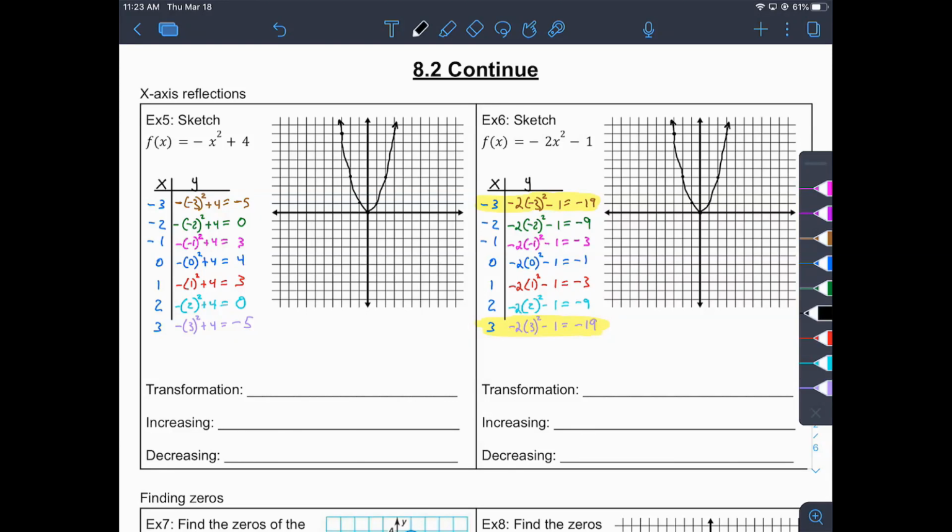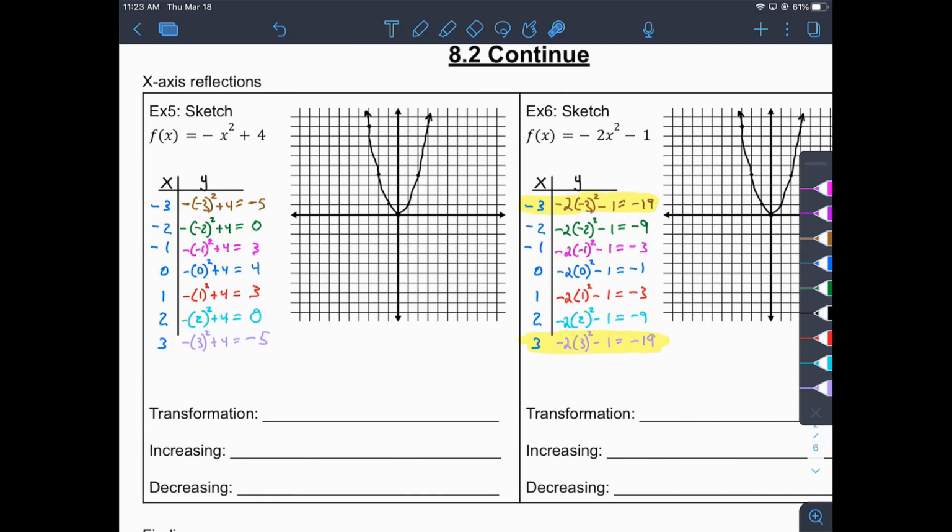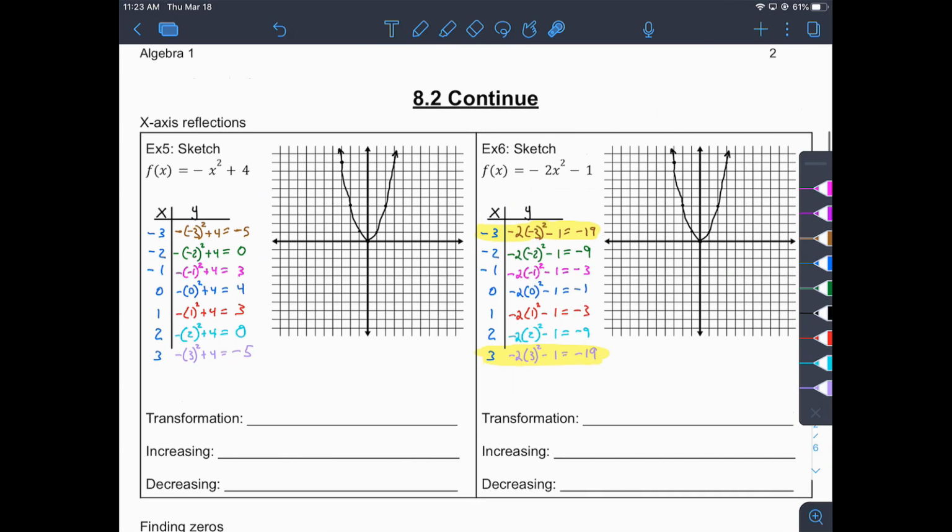All right, so let's go to this idea of having a negative be a part of the A value. What does it do to the overall graph? Because so far we've talked about the shifting of the C value, how the positive moves the whole graph up that many. And if it was a negative, like back here, it's going to shift the whole graph down